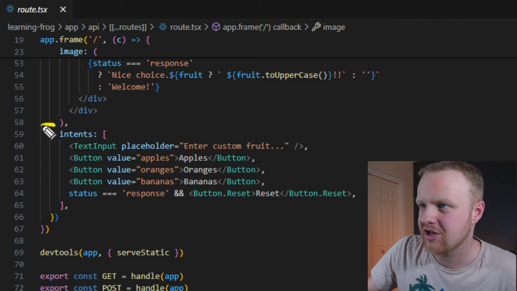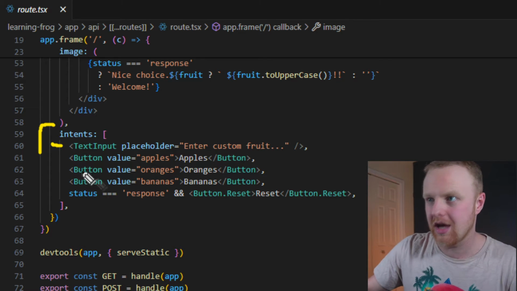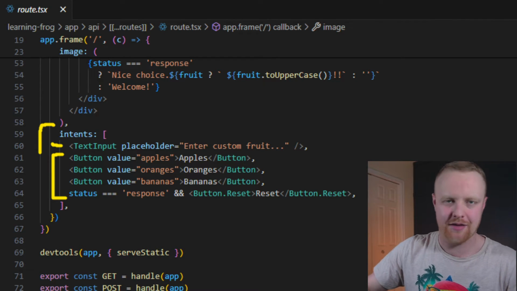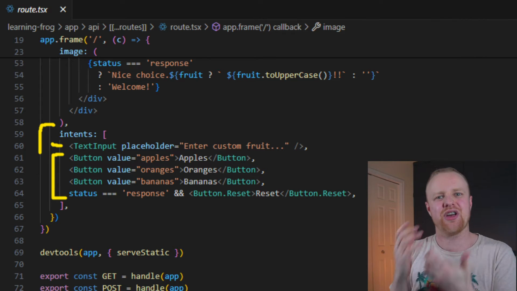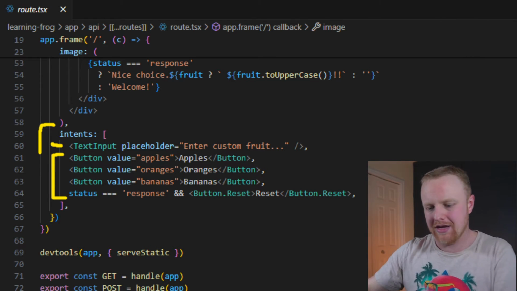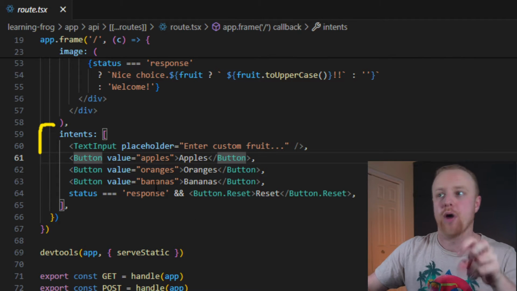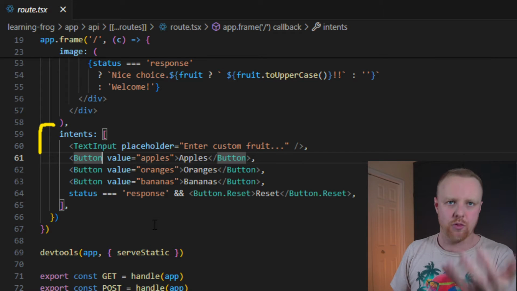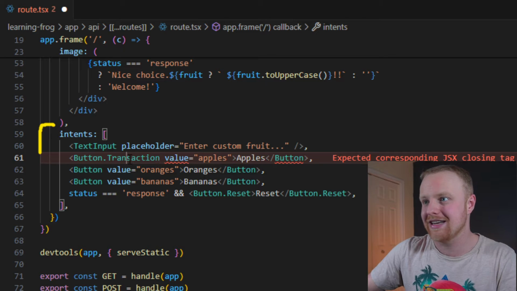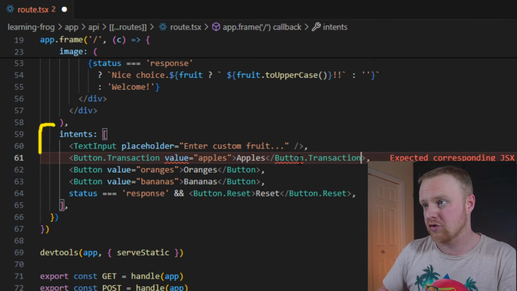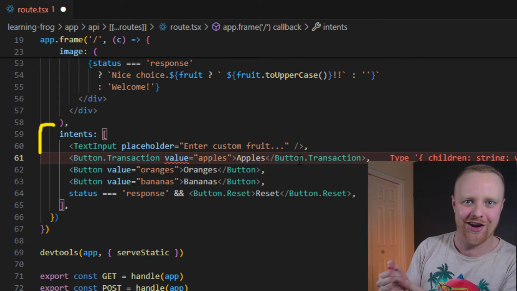And in the intent section, there are only two different types of intents. There's the text input that we saw, as well as the buttons that you can click. The only thing here is that for buttons, there are a bunch of different sub-actions that those buttons can do that you indicate by accessing a property of that button intent. For example, we're going to be playing around in a little bit with button.transaction, and that's going to indicate, hey, this button is supposed to actually do some sort of transaction action on a smart contract that